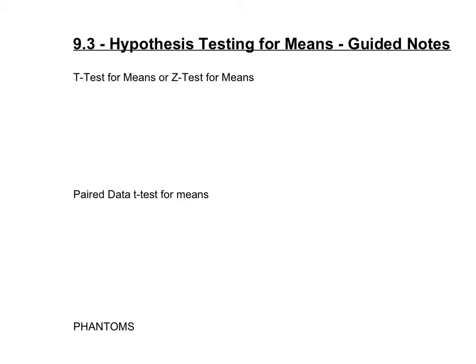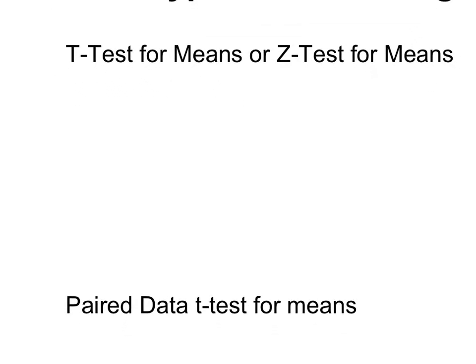All right, 9.3, hypothesis testing for means. So what we're going to be doing here is really thinking about that same idea that we just did in 9.2 when we were focused on proportions, but now we are going to focus on means or averages. So first of all, let's do a little flashback to chapter 8 when we talked,